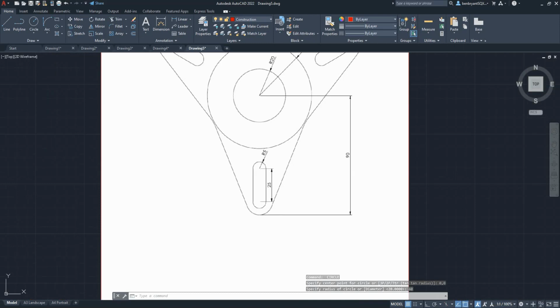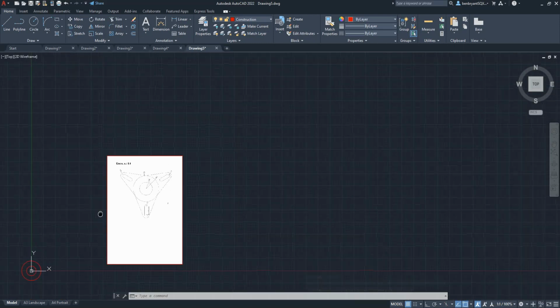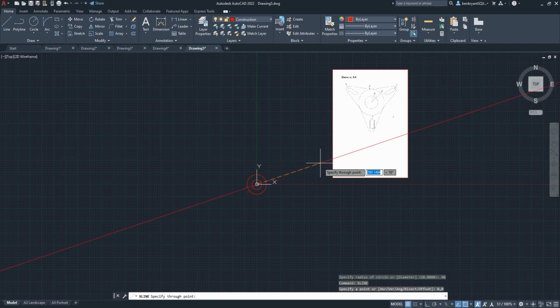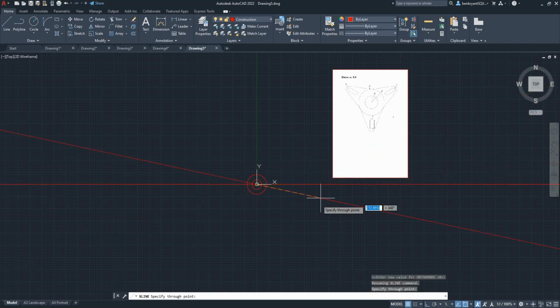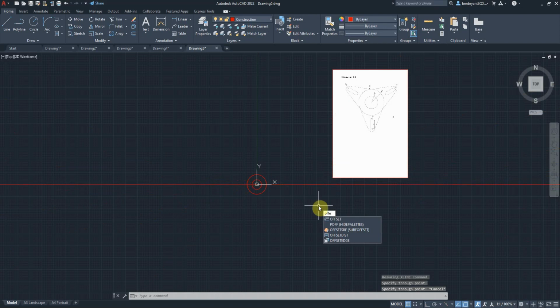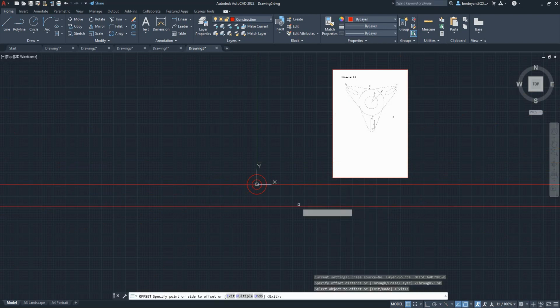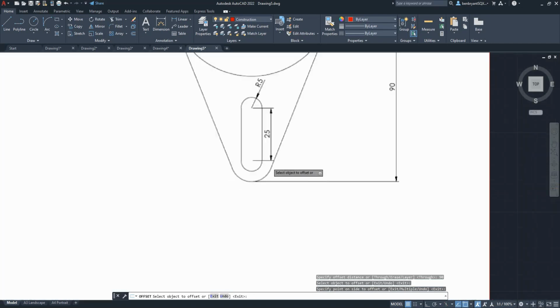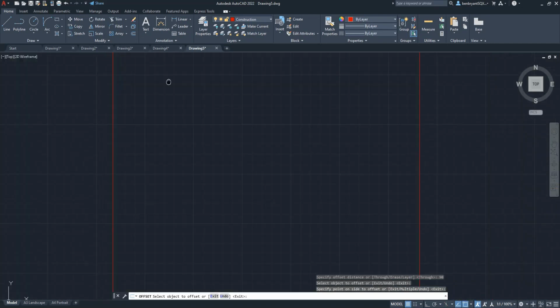Next thing we need to do is drop this line down from the centre down 90. So I'm going to draw an X line from the centre and then offset that line 90. Okay, and you'll notice at the bottom of that 90 line is then this radius here, which has been labelled